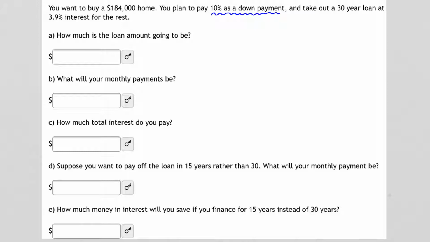If we're trying to buy a $184,000 home and we're putting down a 10% down payment, that means that we're going to be putting down $184,000 times 0.10, 10%. In other words, the amount of down payment we put down, getting a scientific calculator and multiplying these two numbers, gives us the following: